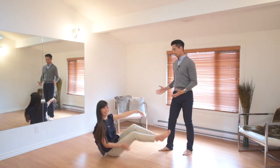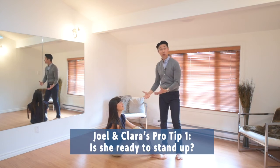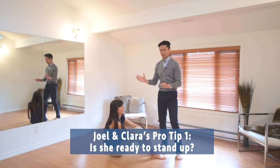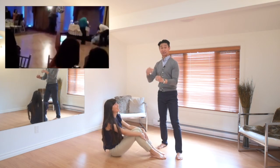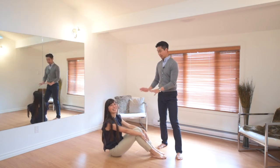All right, so we've been dancing, and for whatever reason, there she goes. Clara ends up on the ground. Tip number 1, make sure that she's okay and don't heave her up right away. If you remember that first video when he back handsprings onto her head, and then he picked her up and then she fell down again on her head,